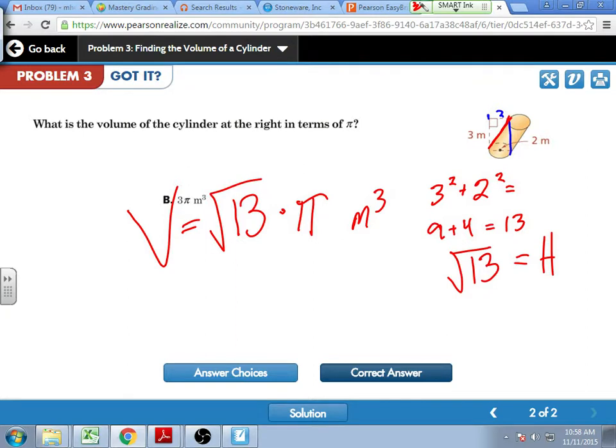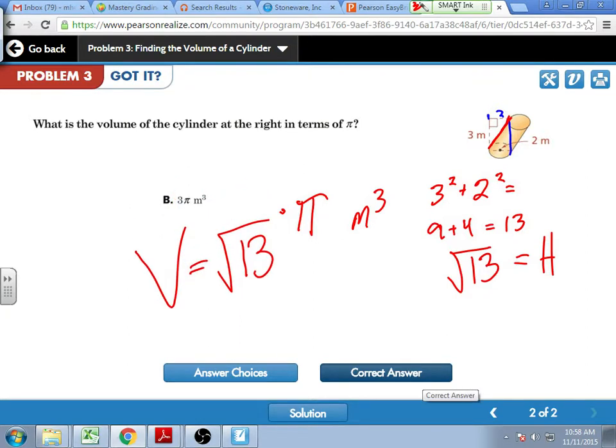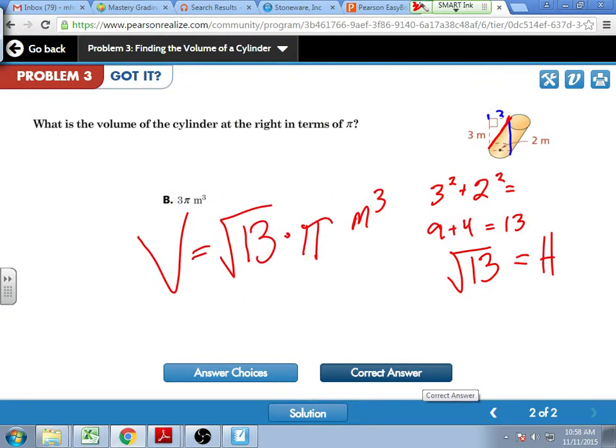Can we write pi at the beginning like that? Now why do they have 3 pi? They do radical. Radical 13 is not 3. Oh, yay! I had it, Jacob. I wrote 3, and then I crossed it out. What happened, Mackenzie? Because that's the height. It says the height, not the length.